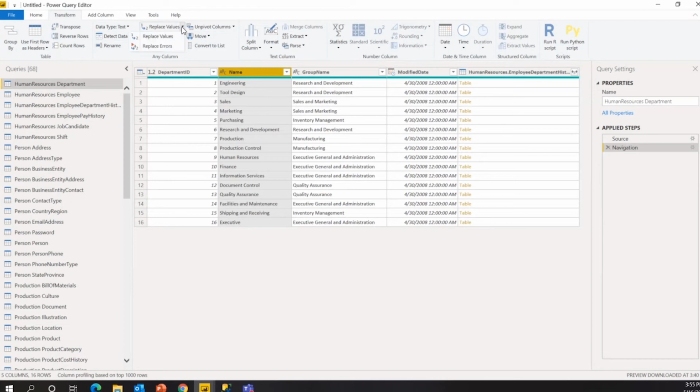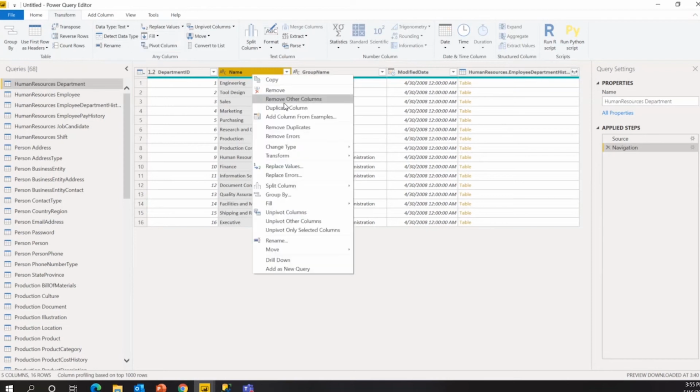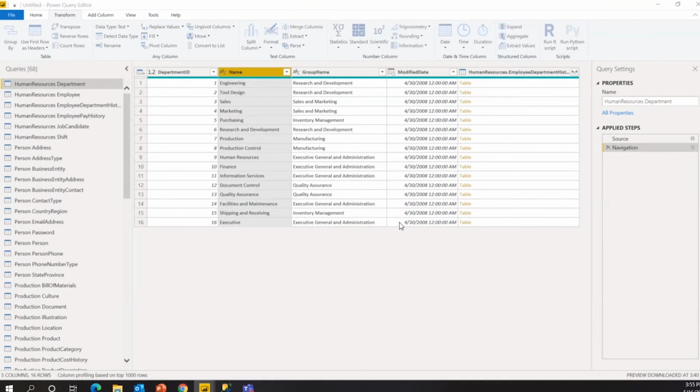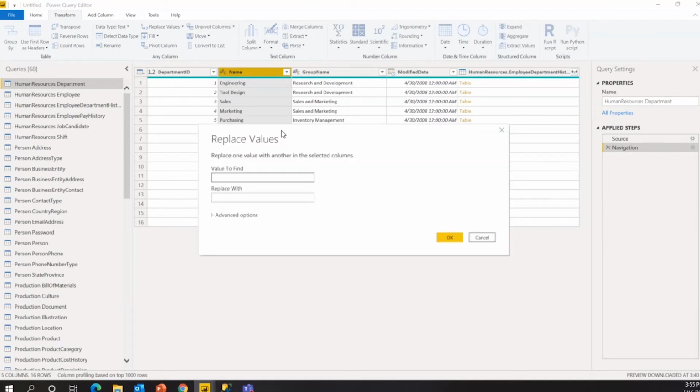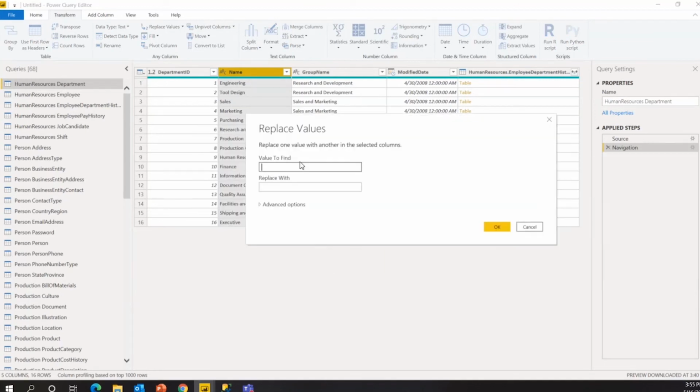I'll click on this and replace values. I can do it from here, or I can right-click on a particular column and do a similar kind of transformation. So, value to find: what value do you want to find? Engineering. And you want to replace it with maybe engineer.